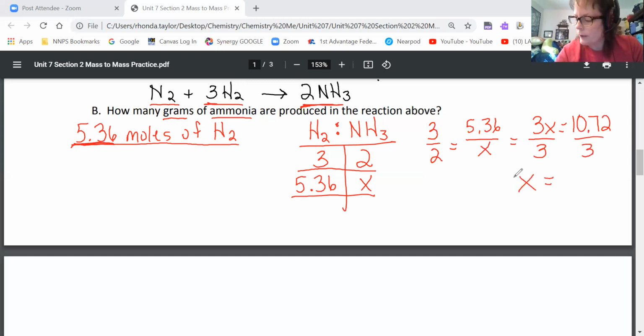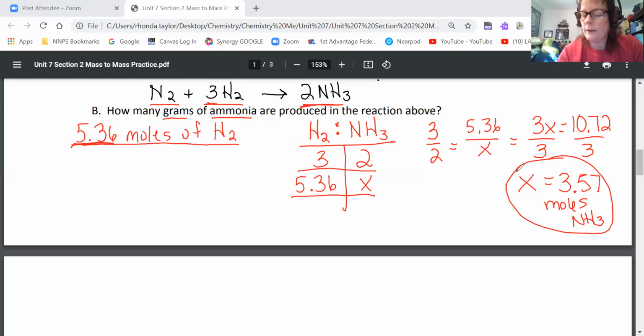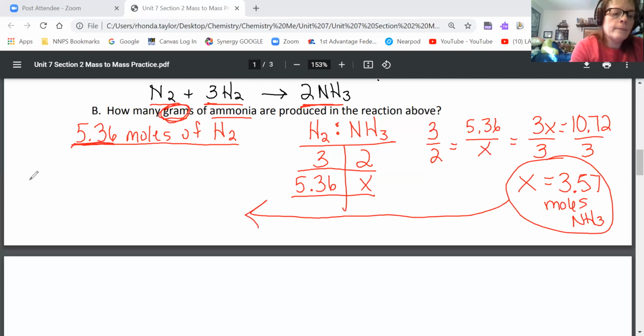You plug that into your calculator. You should end up with 3.57 moles of ammonia. Now, that's not the answer because we've got to convert it to grams. So, last step, convert to grams. All right, well, first we got to get our molar mass